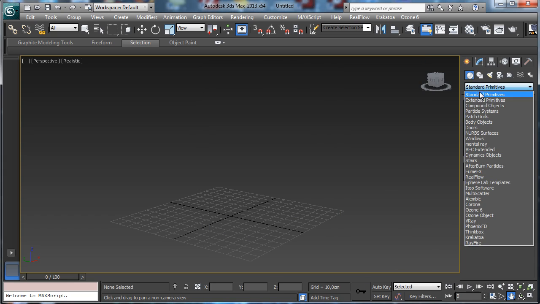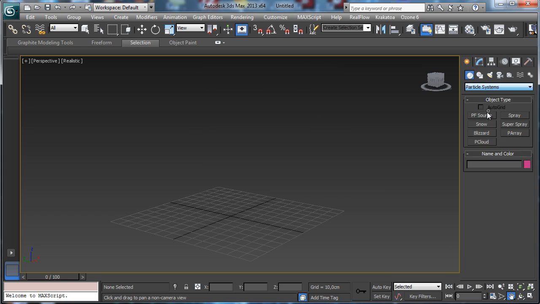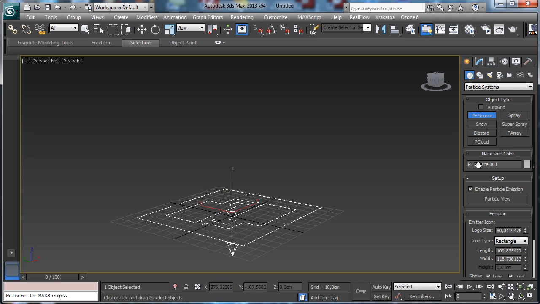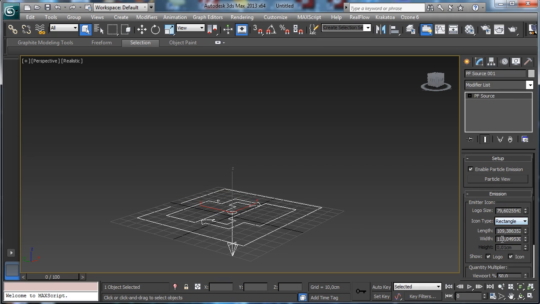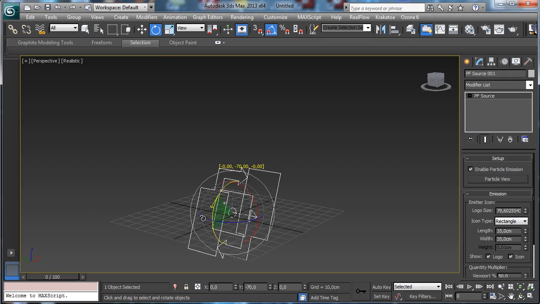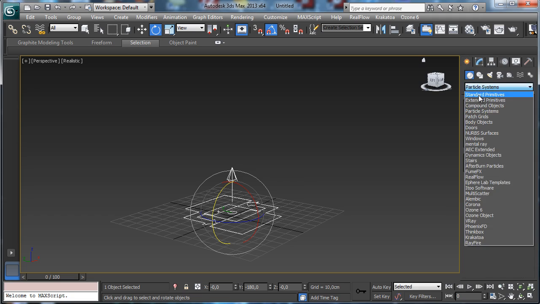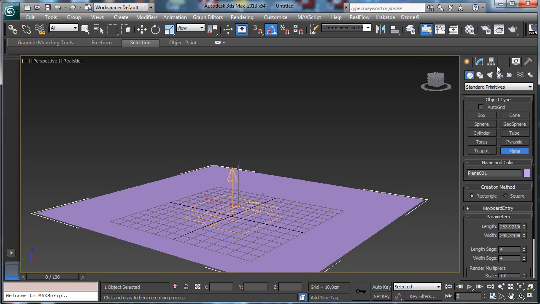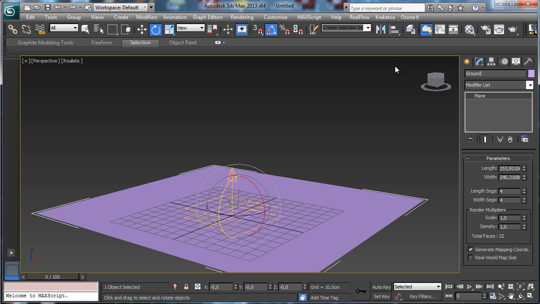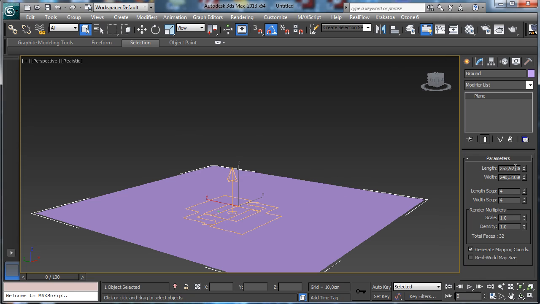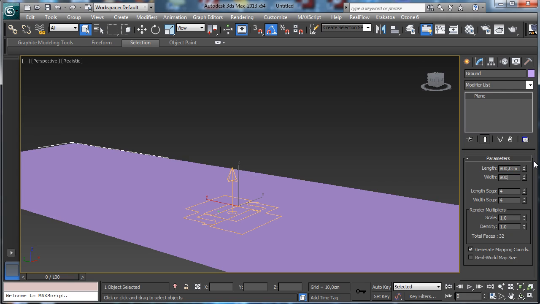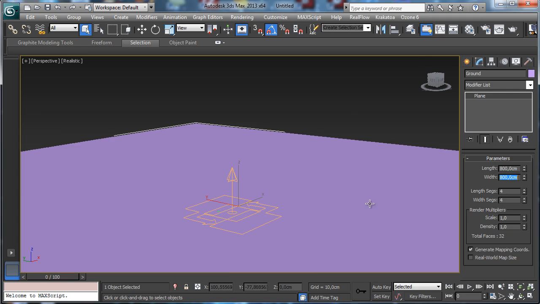So let's close this. And we can use, for example, particle flow directly. Let's create an emitter, and the emitter can be, let's say, maybe 35 centimeters by 35 centimeters. We can rotate it by 180. Let's have a plane as a ground, so this one will be the ground. We can remove the grid using the G key. The ground can obviously be bigger, so let's make it 8 meters by 8 meters,